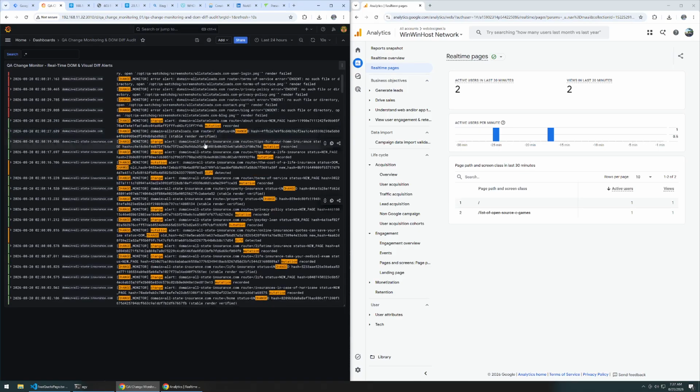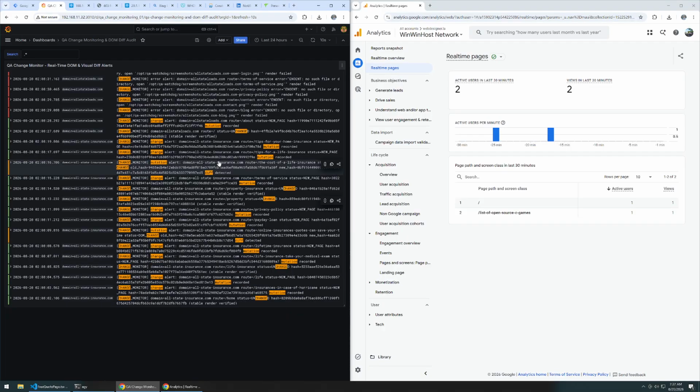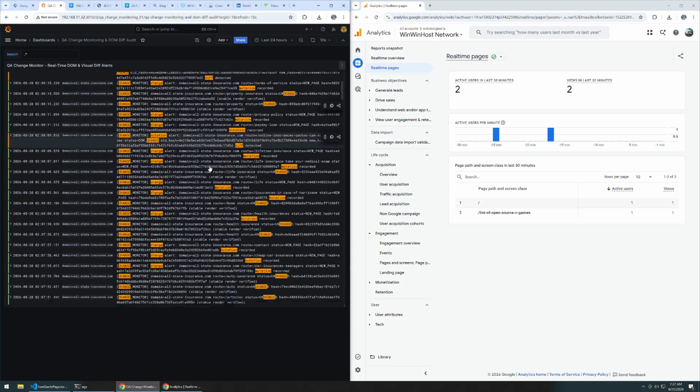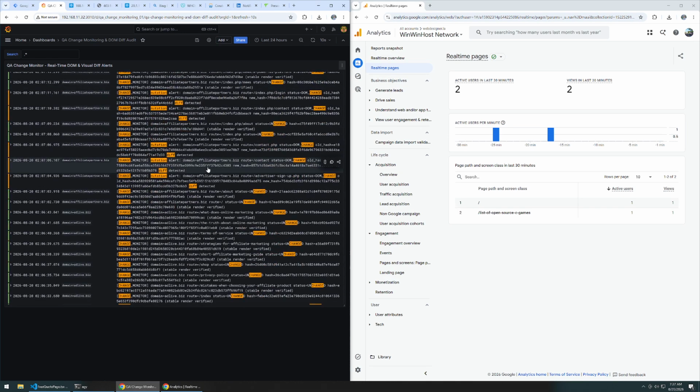So this is diff detected, mutation alert, right? Basically I try to have some control over the regression factor that occurs when you have mindless agents. Oh, look at that. List of open source C games. Nice.